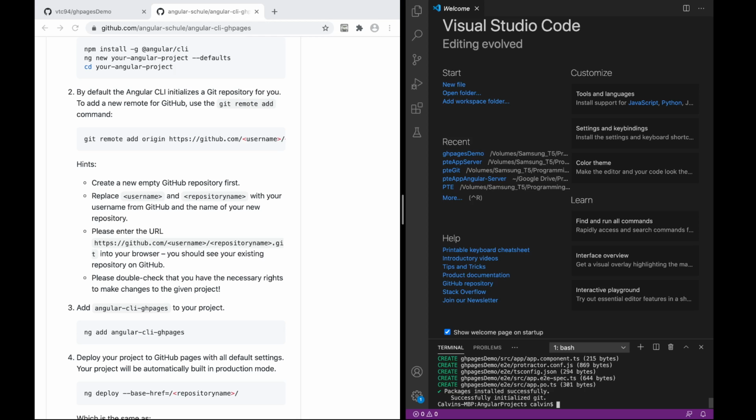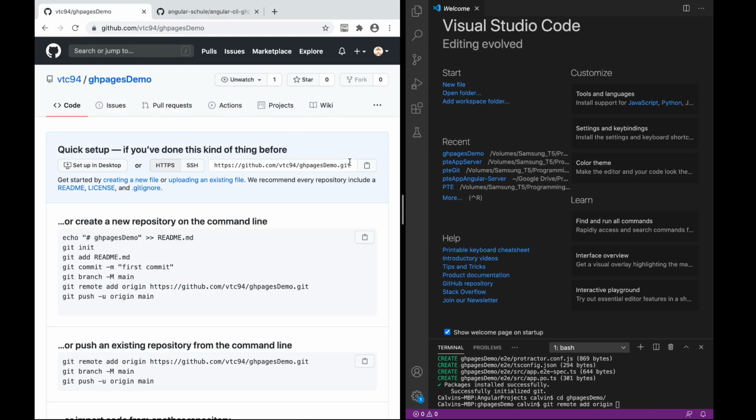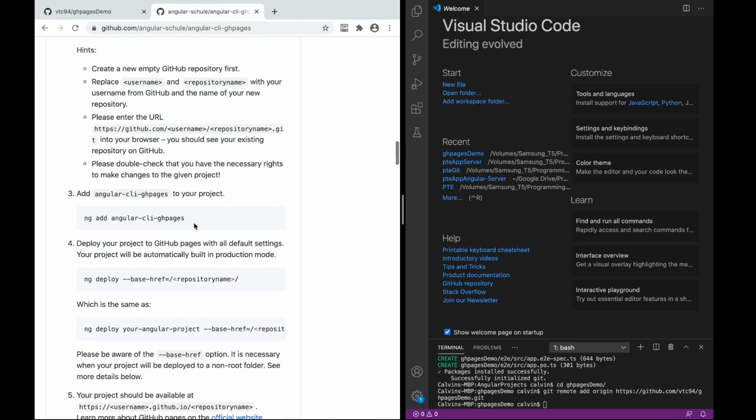Okay, so in our project directory, cd into it, and the next step is to add the remote origin. We're going to copy this from here, the project. And after that, the next step is we